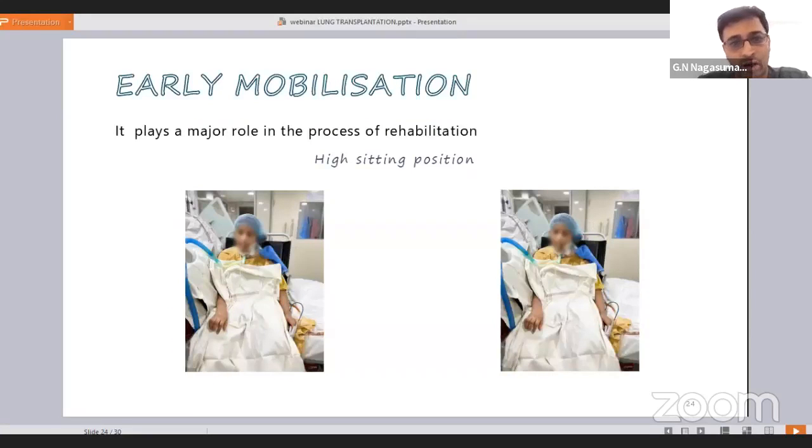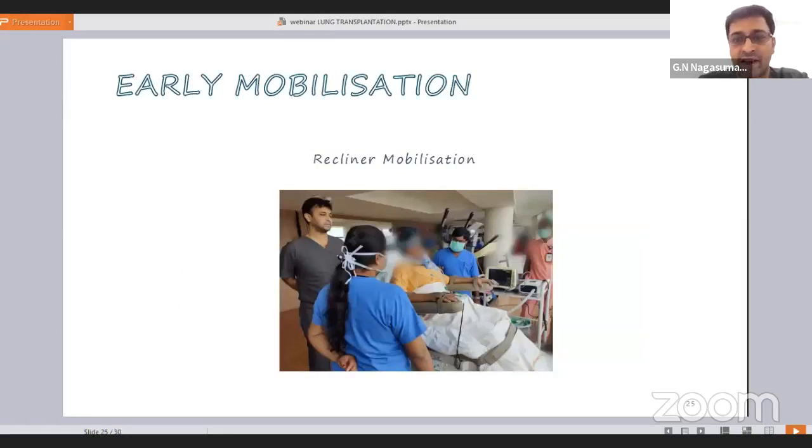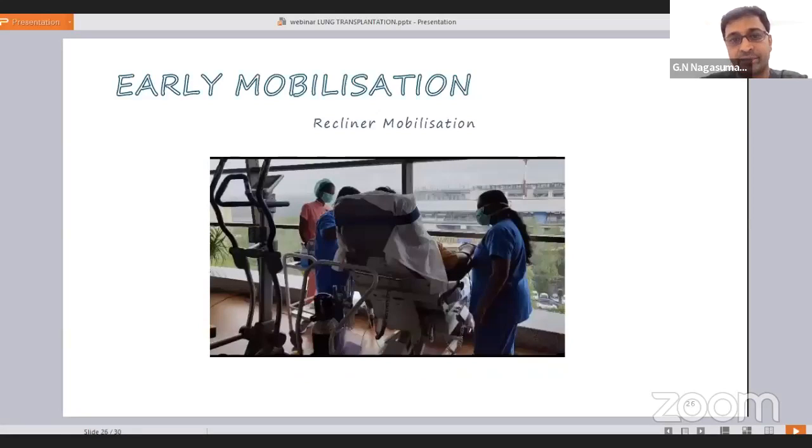So in this post-op case, for early ambulation we started with back support and gradually wean off the back support to improve truncal balance. We get them to the department and make them sit in a recliner. It is very, very important when they come to the department. The transplant surgeon, concerned pulmonologist, and anesthetist come to the department to ensure the safety of the patient. Based on their inputs, we motivate the patient and start our pulmonary rehabilitation.